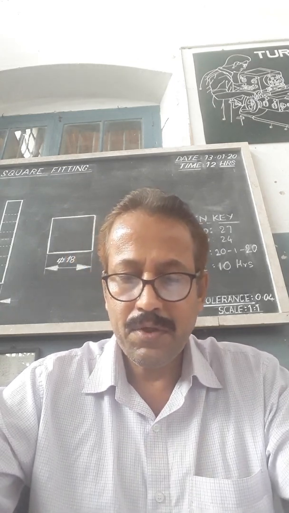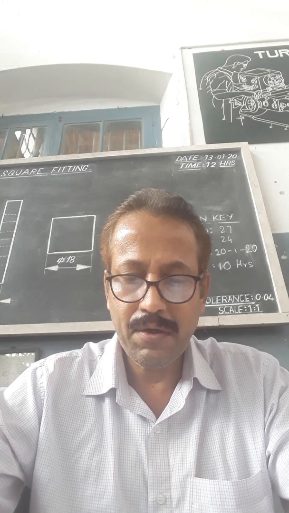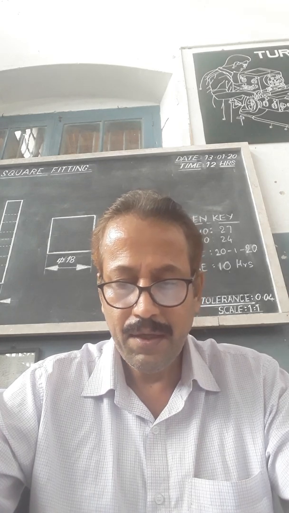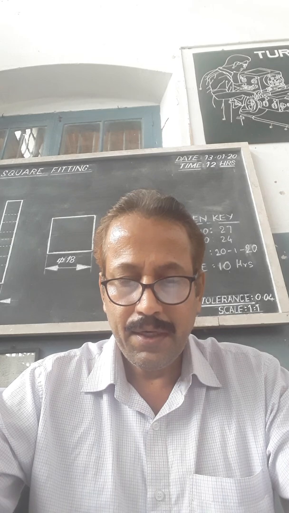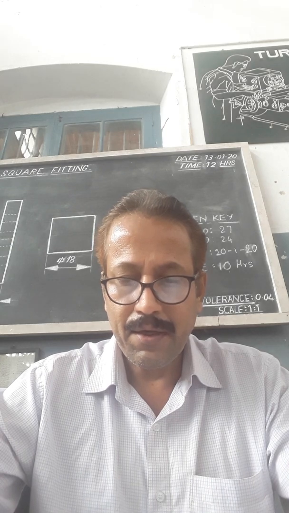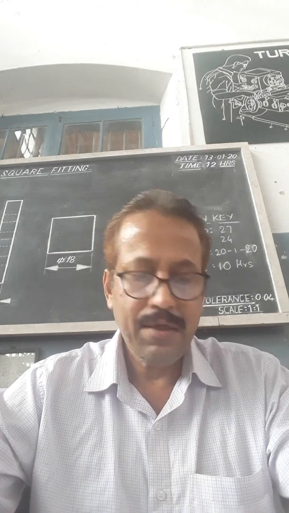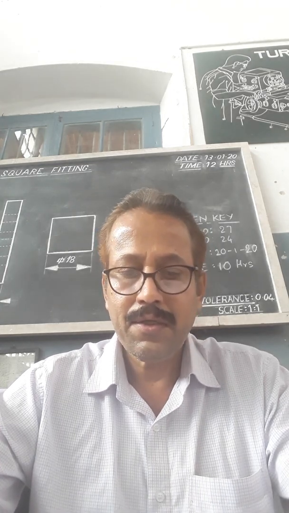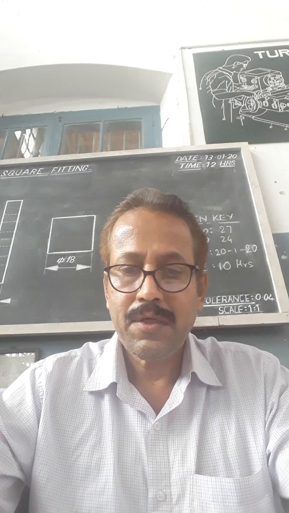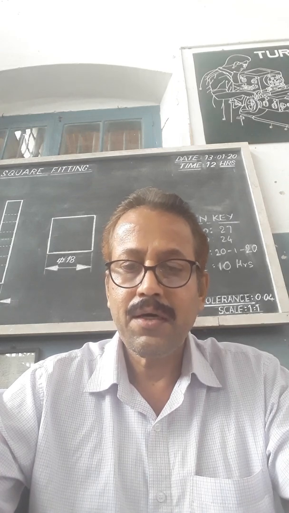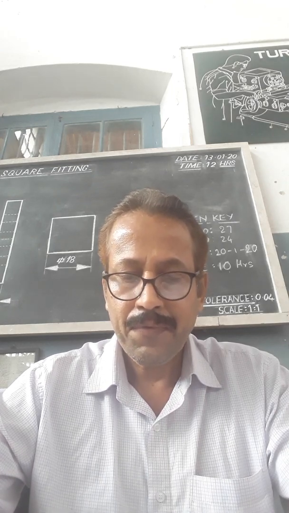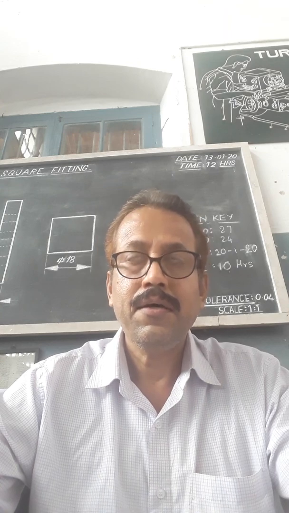Circular taper key. In this case, both the shaft and the hub have semicircular keyways cut on them. The taper key is driven in while assembling. This key is suitable only for light transmission. Compared to the round key, this is a circular taper key. The shape of the key is round, but lengthwise the key is taper. That's why it is called a circular taper key.